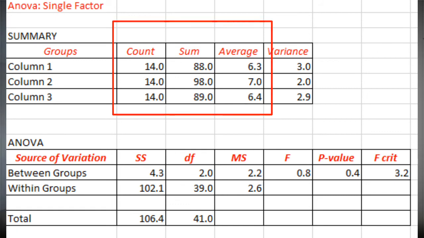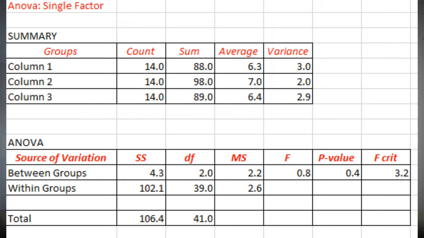That is the sum of each group. And here you can see the mean, as it is a one-way ANOVA. That means we are going to take the mean. It's not median, it's mean. The mean of the first group was found 6.3, the mean of the second group was found 7.0, and the third group was found 6.4.